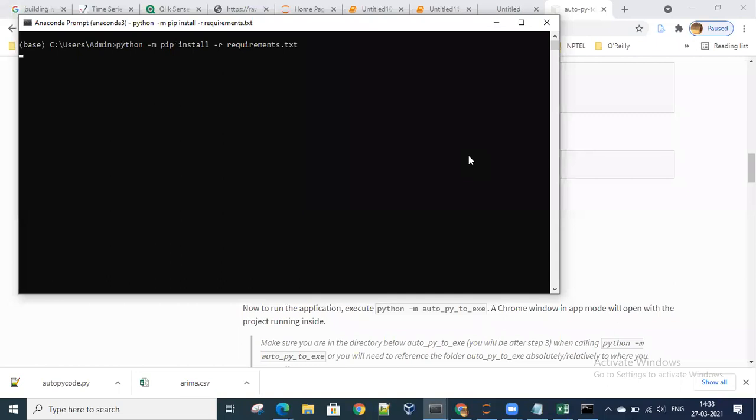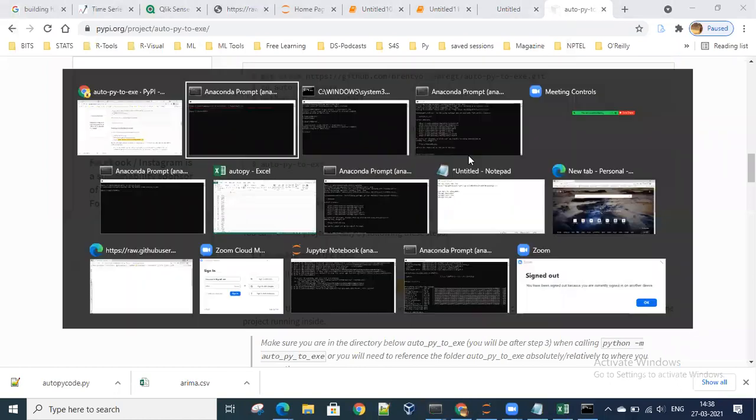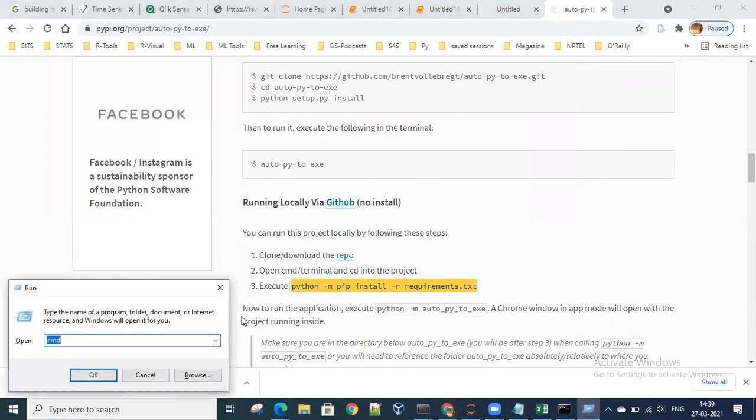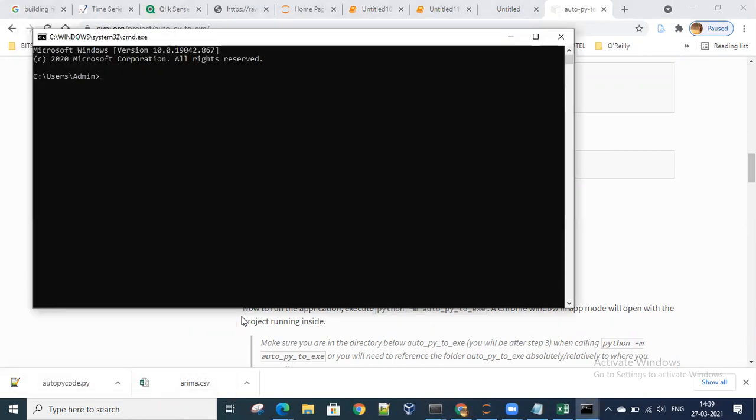Sir, after installing in Jupyter, if we type in command prompt Python -m autopy to exe, where? In Jupyter only? No. After installing in Jupyter, then opening in command prompt, the first code I have written, Python -m autopy to exe. Here. Yes, sir.